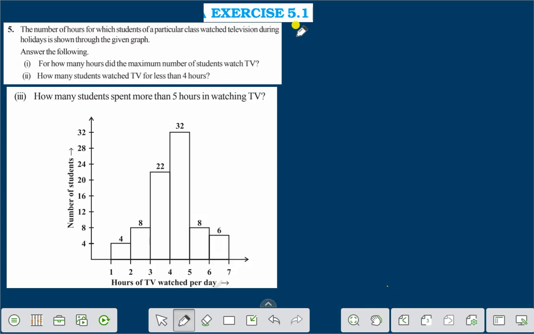Number one. The question is for how many hours did the maximum number of students watch TV? Here you see the maximum number of students is 32, and that is for 4 to 5 hours, right? From the graph it can be observed that the maximum number of students